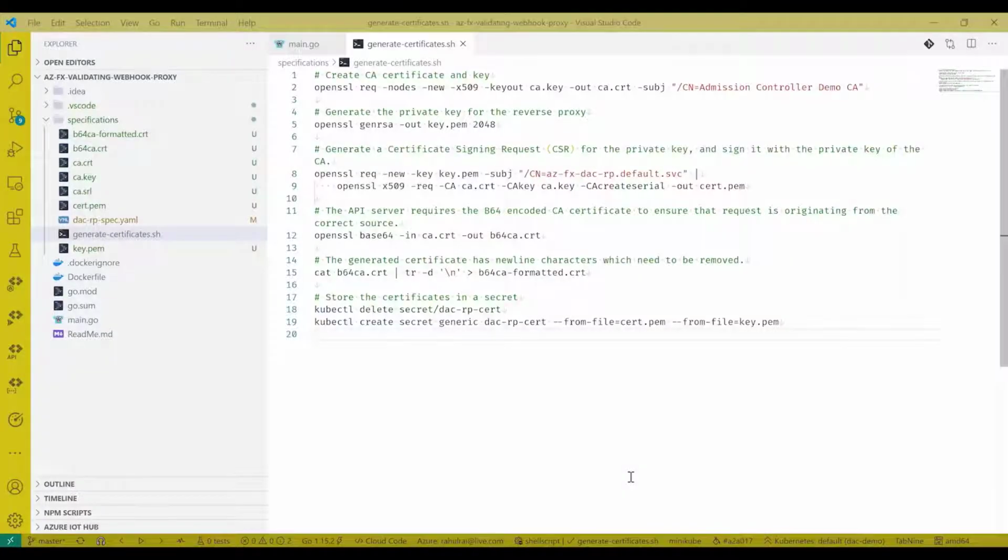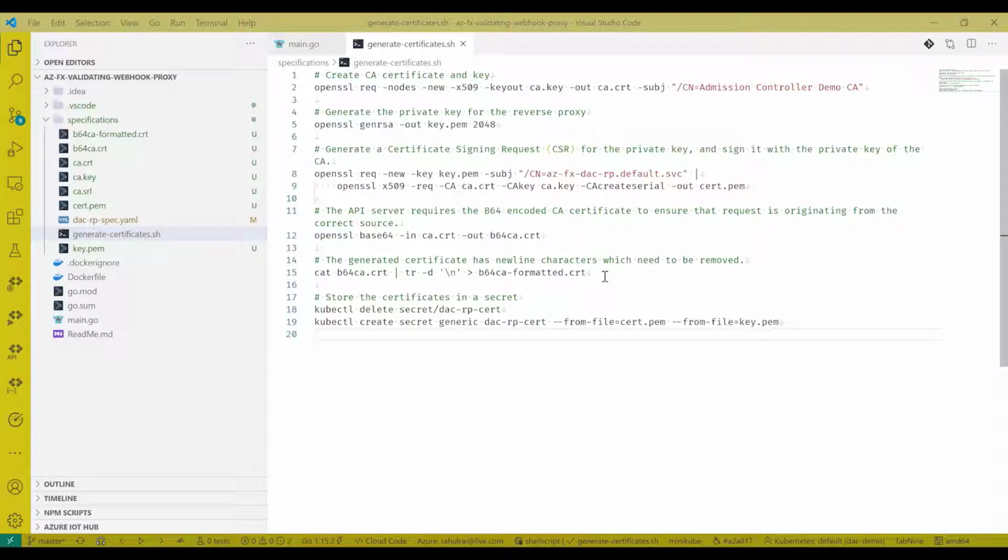Our reverse proxy is expecting to fetch some certificates from a given location as specified in the application. In order to generate the certificates and mount them so that they are available to our application, we wrote a helper script, generate certificate.sh, which is a shell script. Let's see what's going on here.